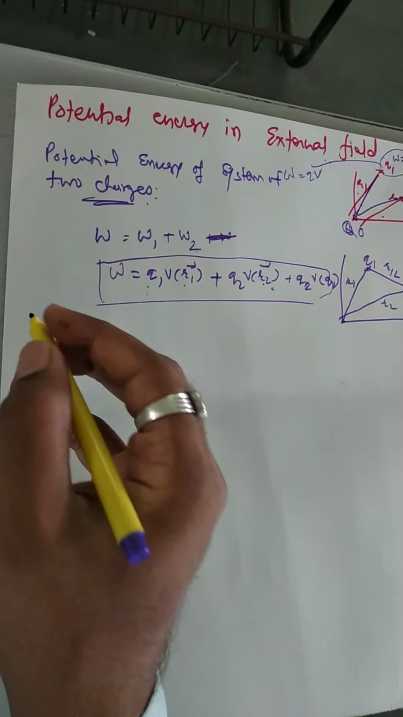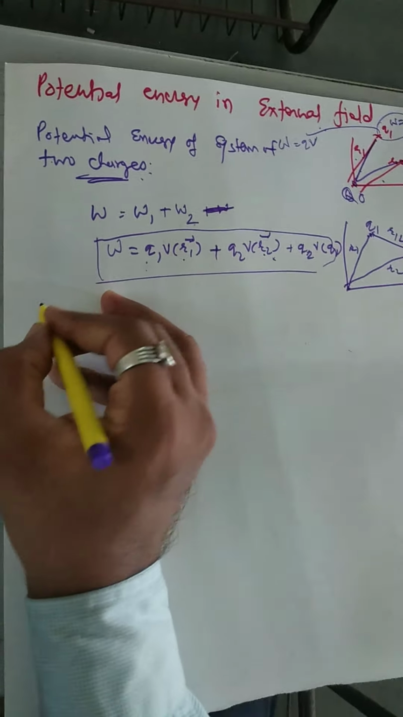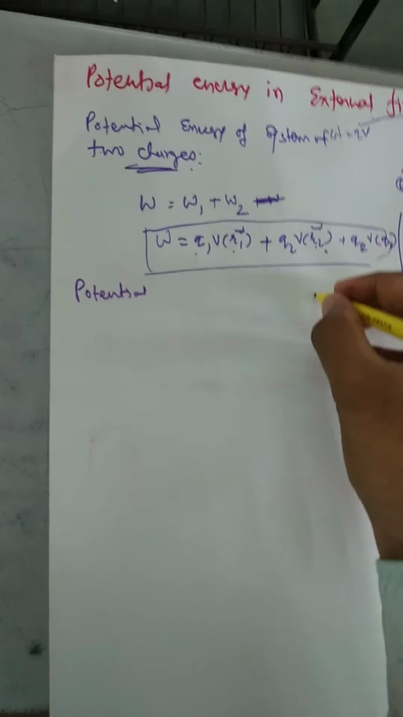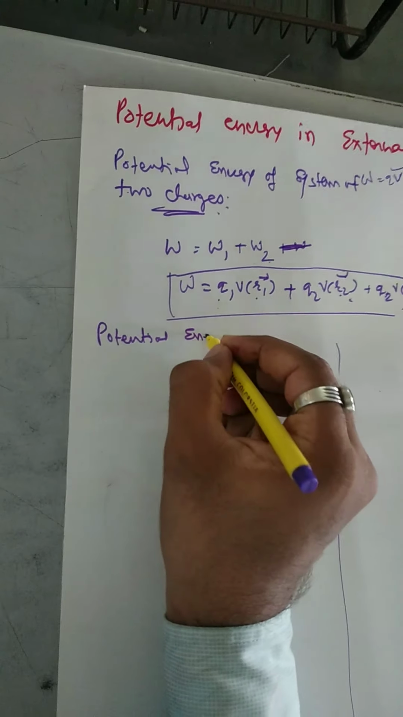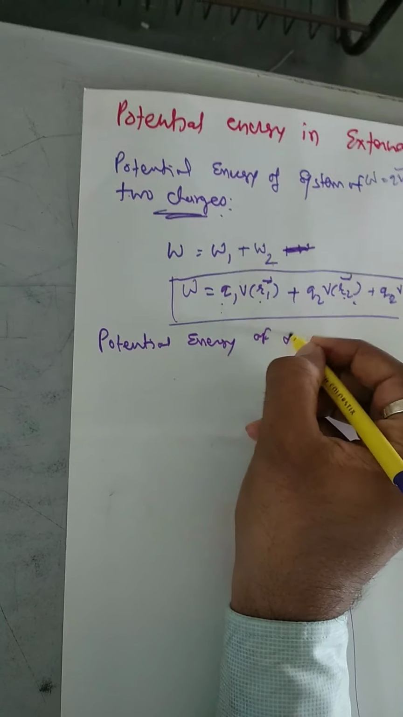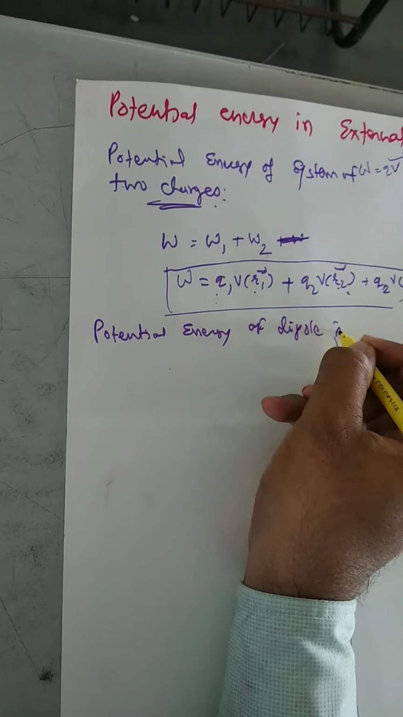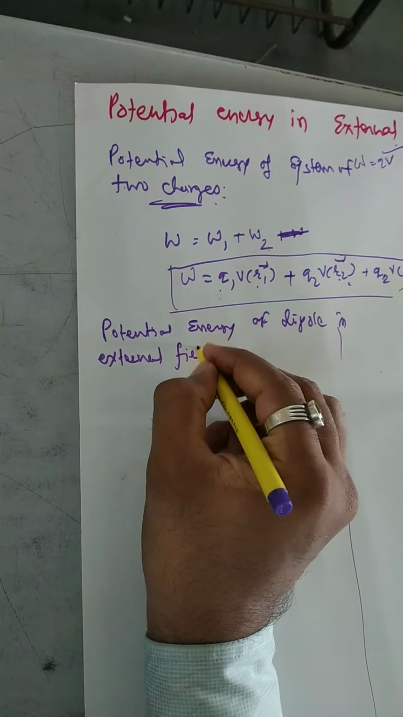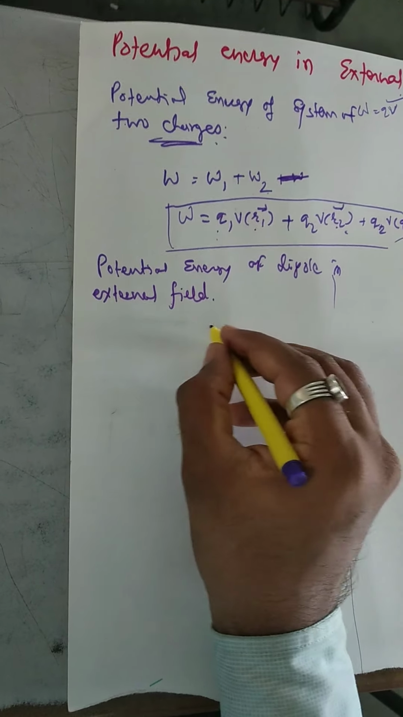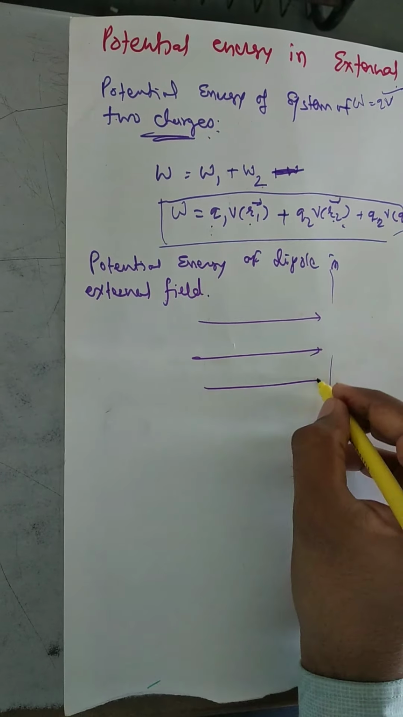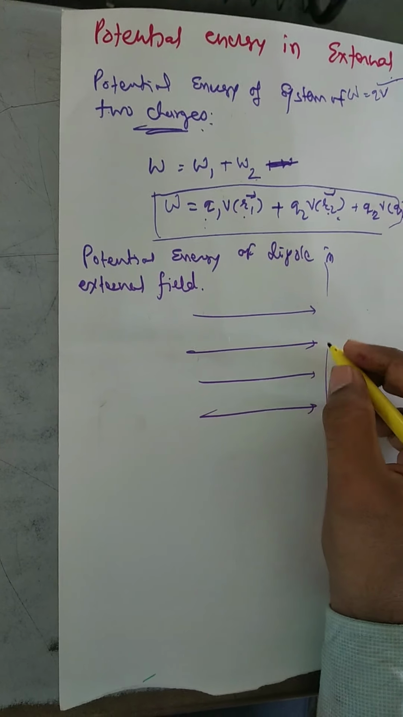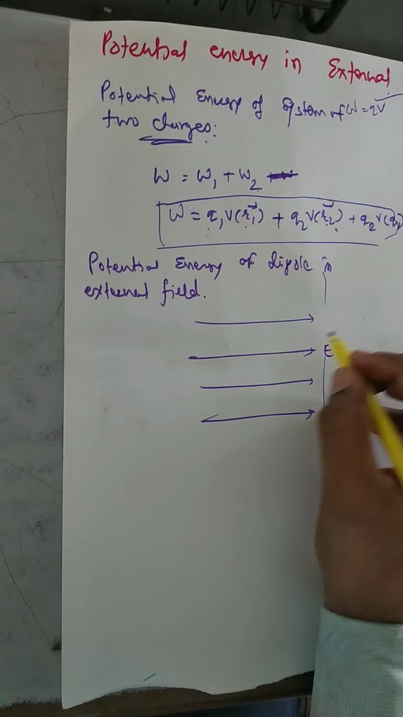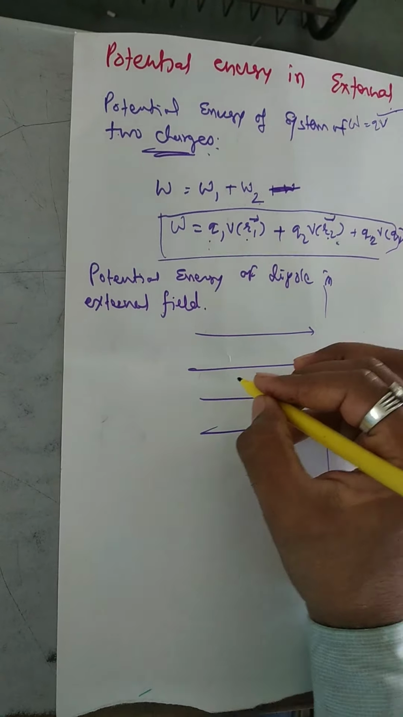After that we have one important topic, that is the potential energy of a dipole in an external field. In your first chapter we saw about the potential energy of a dipole in a given electric field. Suppose this is an electric field and any dipole,